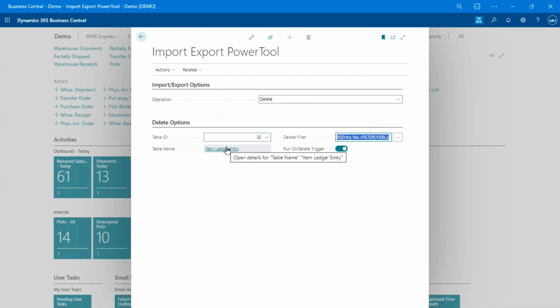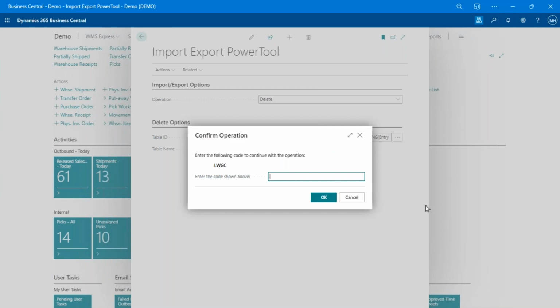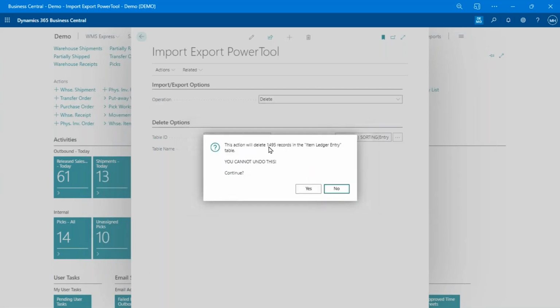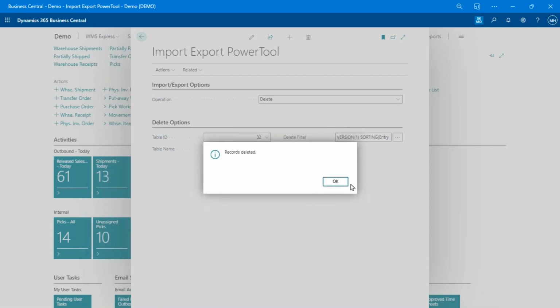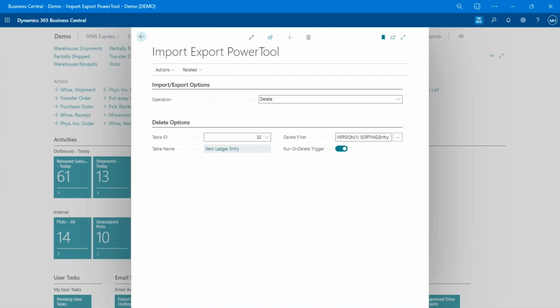And again, here I could come in and drill down and see what records are actually going to be deleted. But we'll just come in here, hit delete data, do the enhanced confirm. It says 1,495 records, which is the history that I imported, right? If you remember, it's not a million records, it's these guys, the summary. Hit OK, and guess what it's going to do? You'll never guess what it's going to do. It's going to delete 1,495 records, and that history is gone,